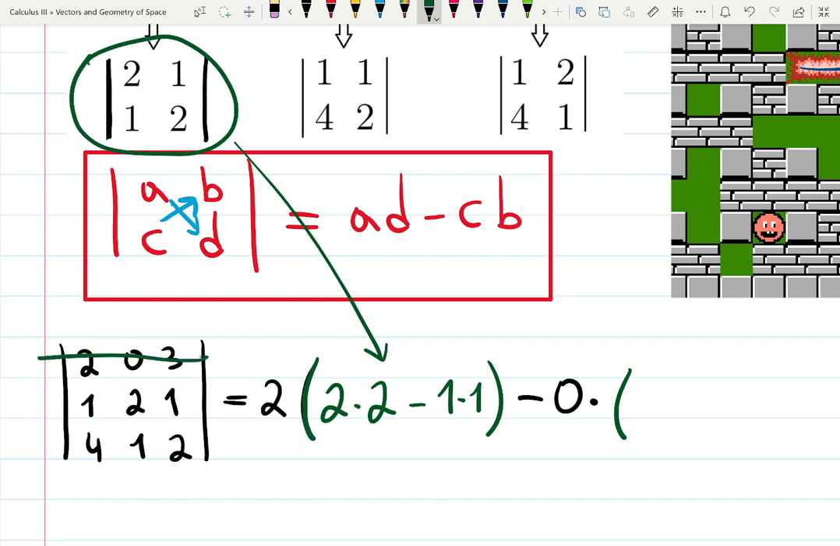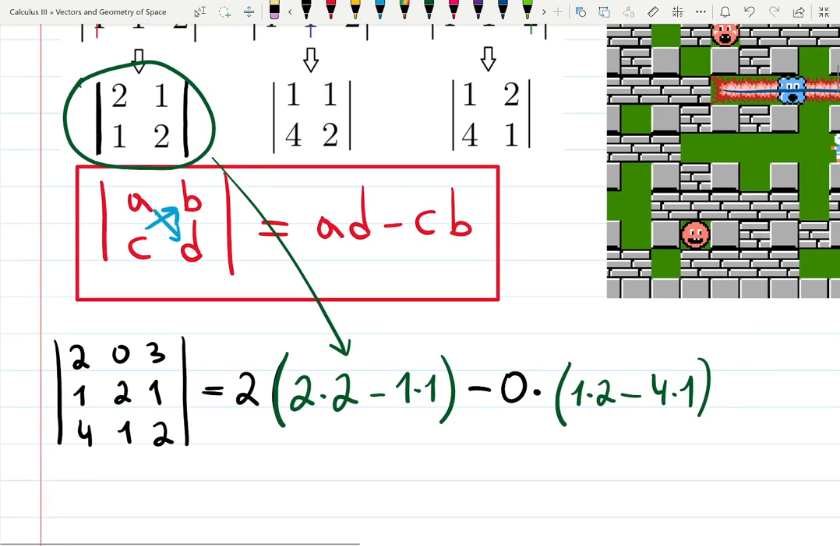Now when I choose 0, I will do 1 times 2, 1 times 2, minus 4 times 1. You see? So I'm doing it like so. Like I'm seeing Lego pieces covering stuff, and whatever is not covered, I should multiply cross product. Oh, 4 times 1. Finally, plus